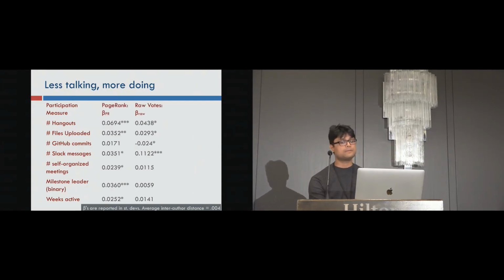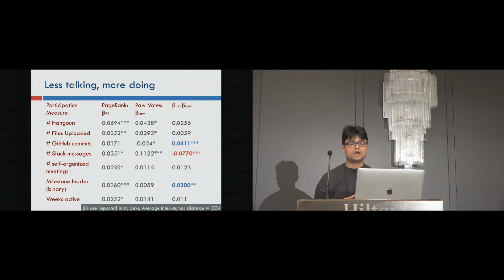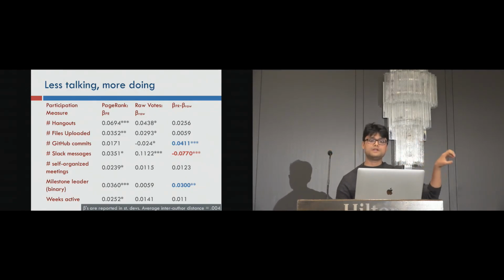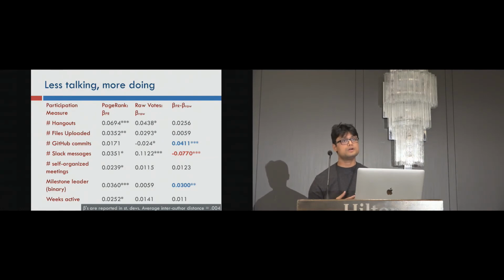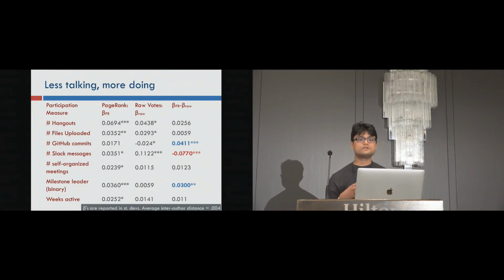These next columns show us what happens with and without PageRank. But what's really interesting is looking at the last column, which is the difference between these two columns: which activities were more emphasized with PageRank, and which weren't with raw votes. When we compare these beta coefficients, things like committing code or taking a leadership position were more emphasized with PageRank, and things like posting Slack messages were less emphasized. So what I'm trying to convey here is that more actionable things like making code commits or leading certain efforts are valued way more than just being on Slack.